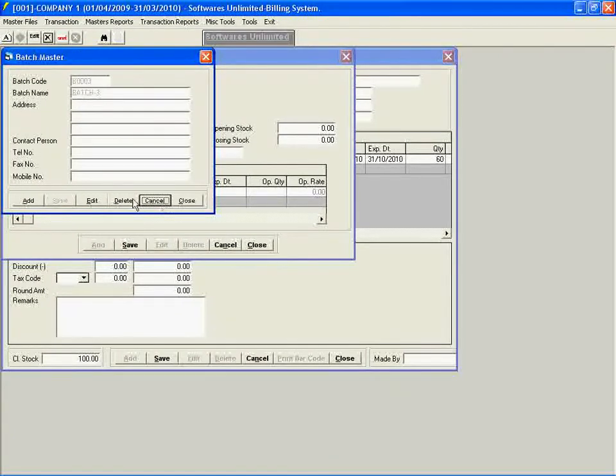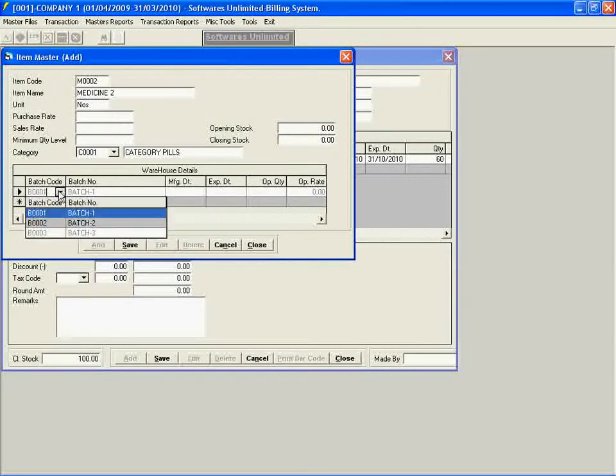So I'm purchasing under batch 3, manufacturing date is 01/02/2010 and expiry date is 31/10/2010. I am putting the purchase rate as 30 and sales rate as 60.